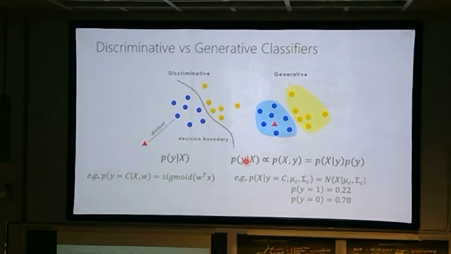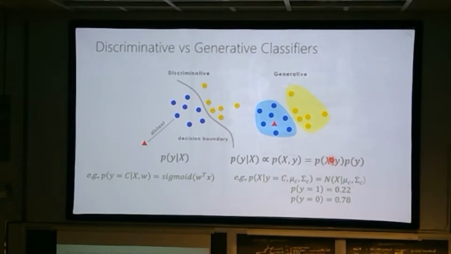But you're not directly modeling this, you're only getting it by virtue of modeling a probability density over X and Y. An example of that, and we're going to see a lot of that in this class, is that these are like the class conditionals in a way. You might say that they're Gaussian, so we're going to see a bunch of models where the probability of X given Y is Gaussian. So the probability of some real valued features given that I have class 1 is a particular Gaussian, and for each class you have its own mean and its own covariance matrix, and then you multiply it by the probability that it was in that class. So for example, maybe class 1 is 22% and the other class is 78%.